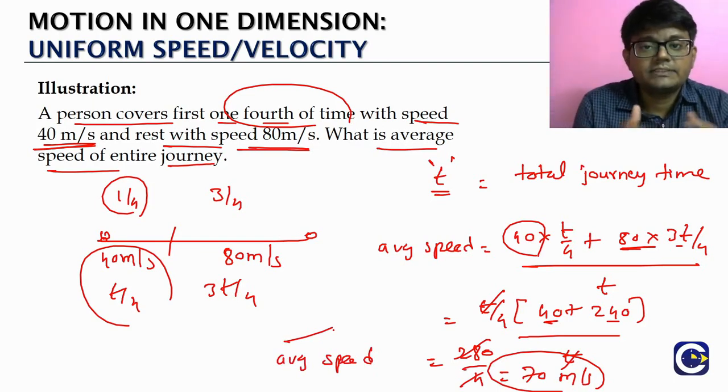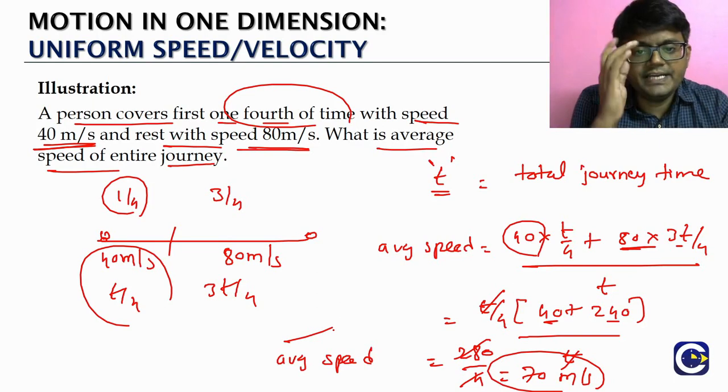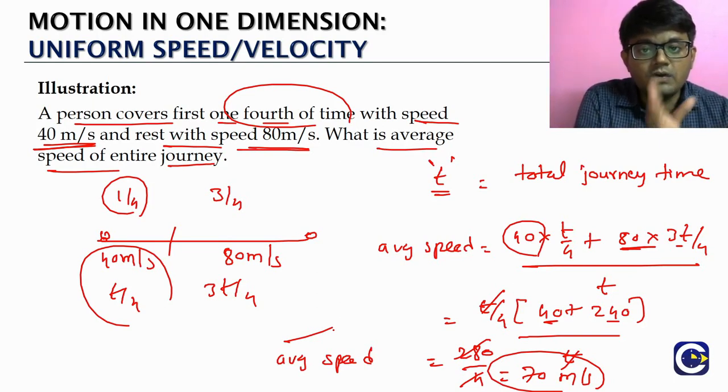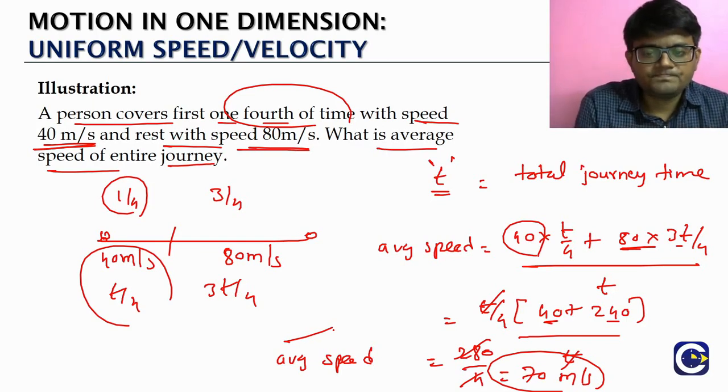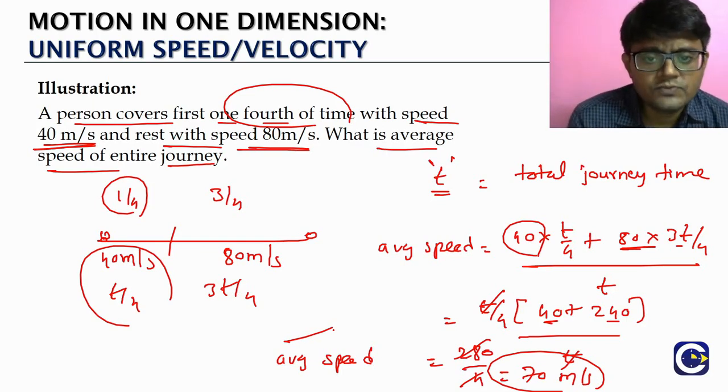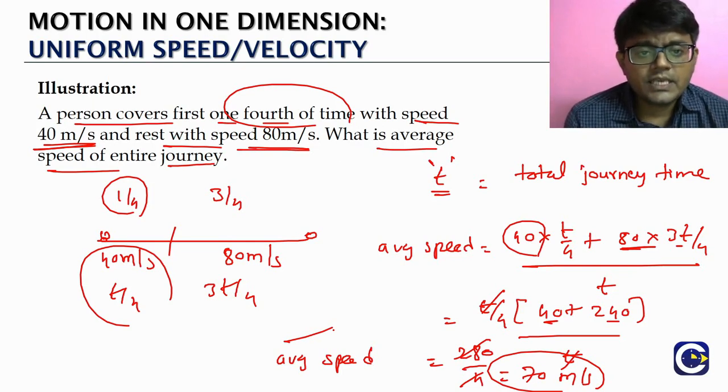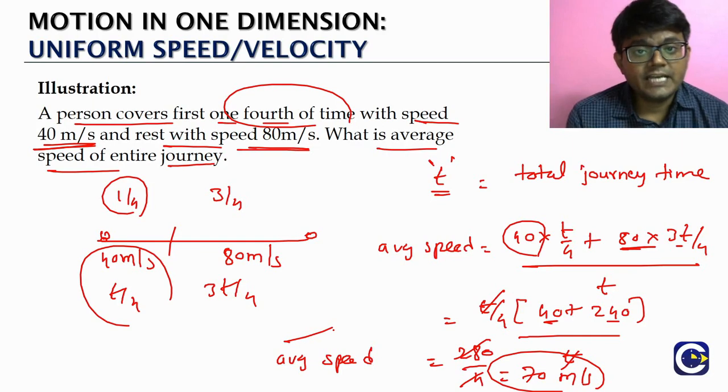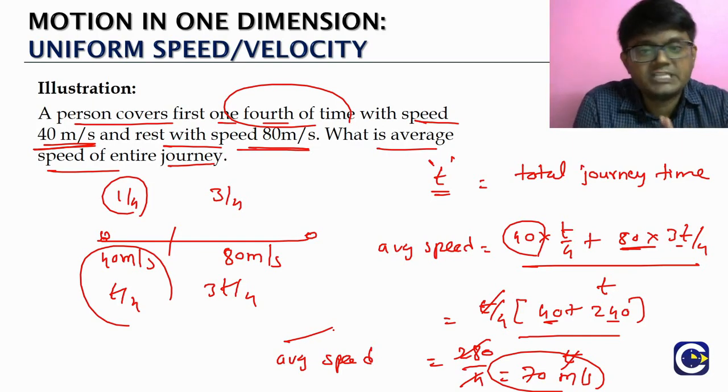So we are able to take the same approach, the way we did breaking the journey time into 2 equal halves, or first 1/3 and remaining 2/3. In the same way, we have first 1/4 and the remaining time is 3/4. Okay, so this is the kind of question we can expect on average speed calculation in this split journey type of problem based on time. We are dividing the journey based upon the time.